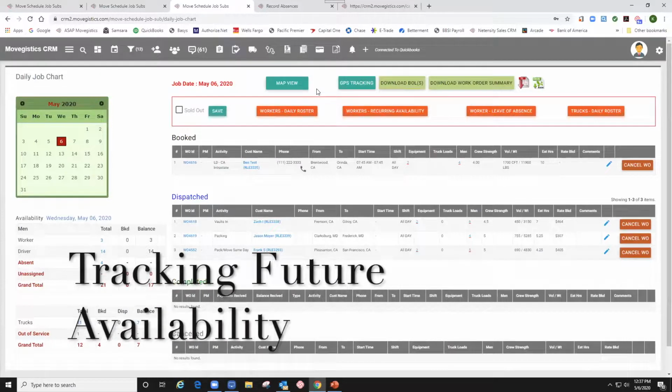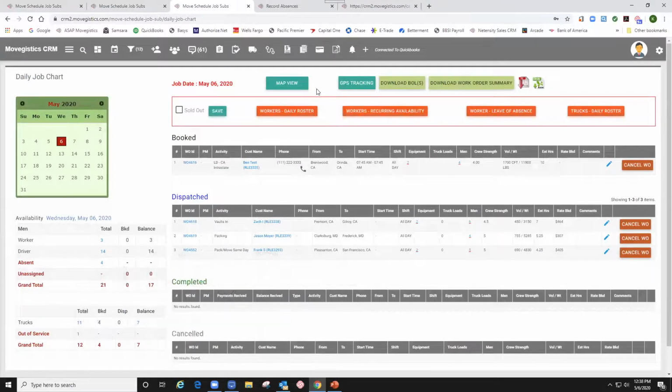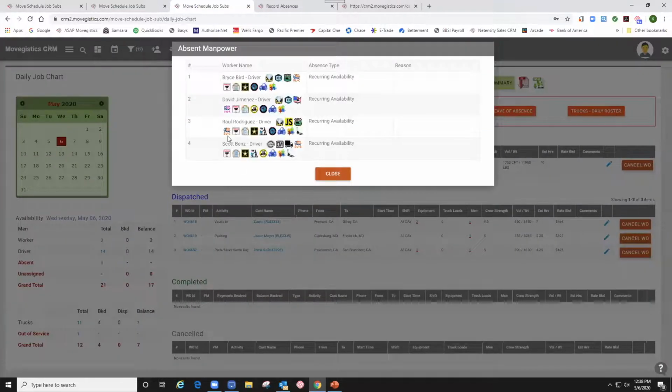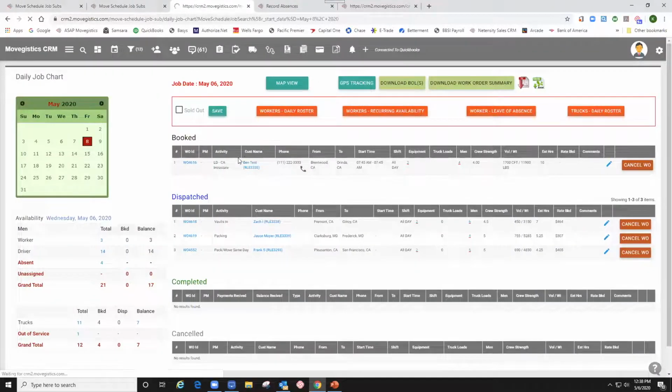Okay, and so now on the daily job chart, if I click on, I have 21 men total on my crew, but 4 are unavailable, absent equals unavailable. And if I click on that, it'll tell me who's off and why. If I go to a different date,